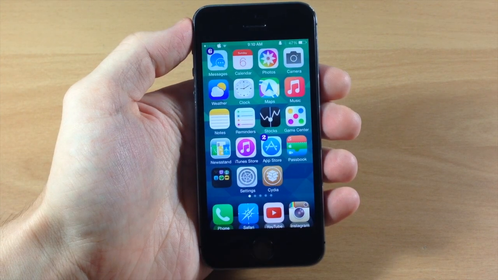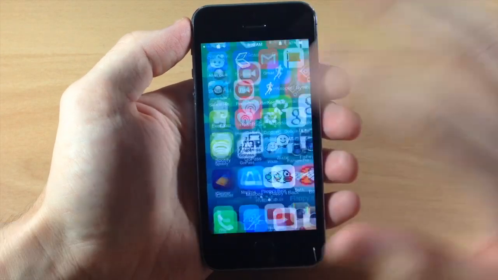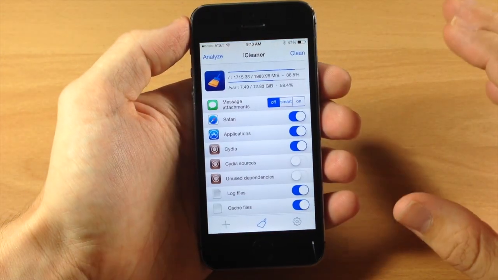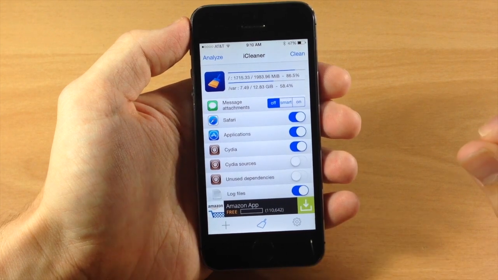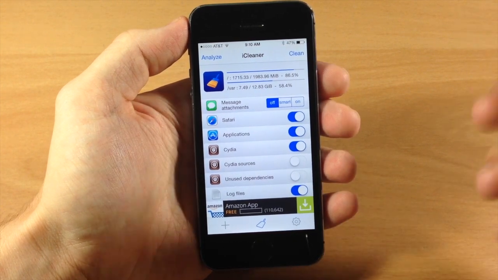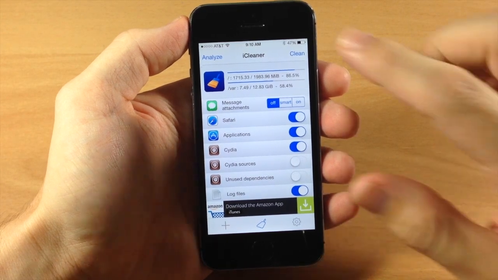Next, we have a tweak called iCleaner. Now this is basically going to get rid of all your unused files, and it clears up a whole lot of space. So if you're having issues with storage capacity, maybe you're right there on the brink and you're not knowing why, or you don't understand what the reason is, then maybe you should try out iCleaner and clean your